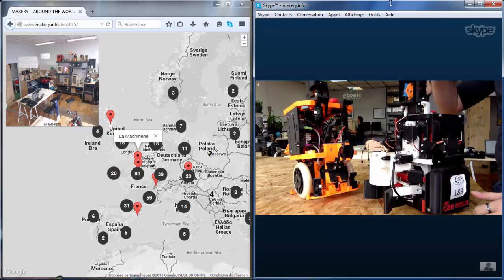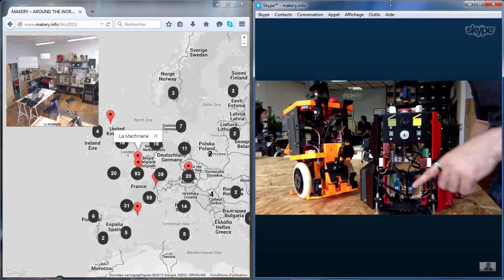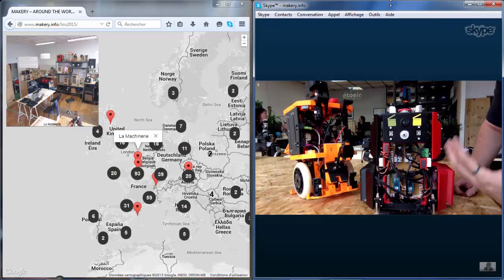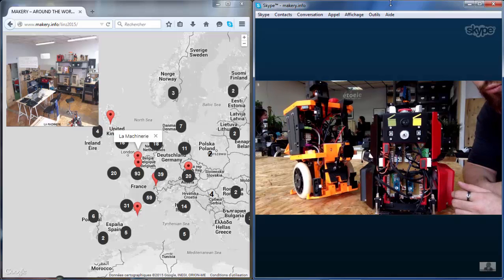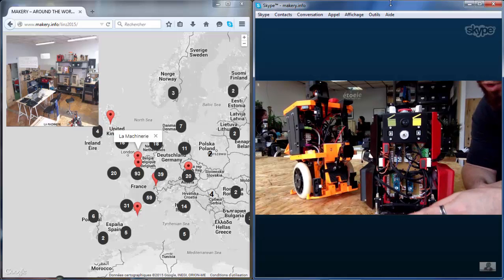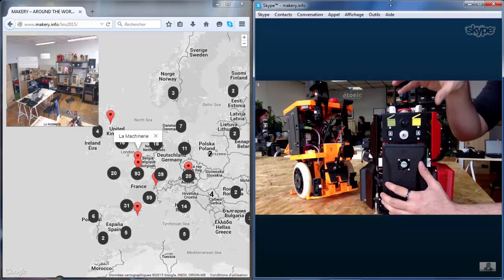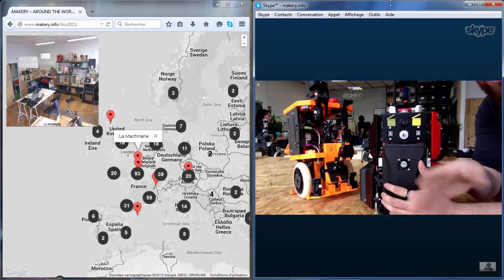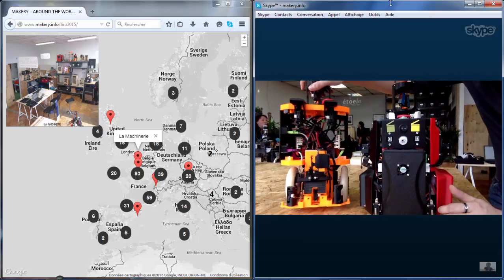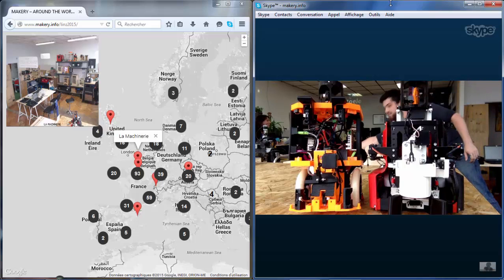Every year we build a new robot. And the idea is to develop a card for robotics, a card that can be easily created in any fab lab, and that you can make a robot with. There is an Arduino, there are drivers for stepper motors, and we have worked on it for 2 years. We try to make parts that can be used in more robots than just one. So we have the first version here, and the second version there, and the new version,